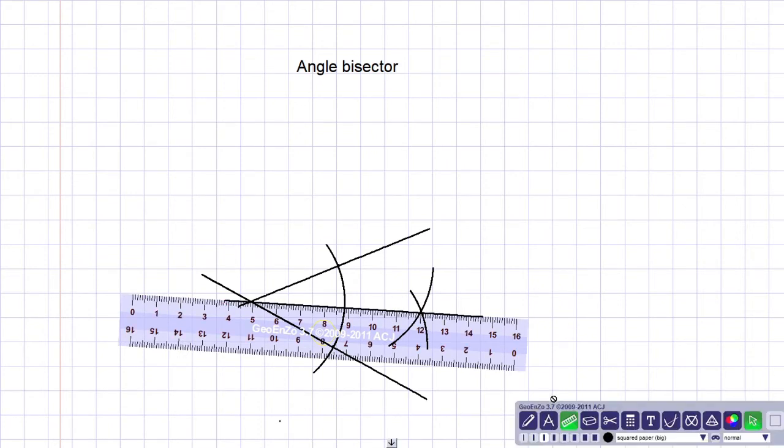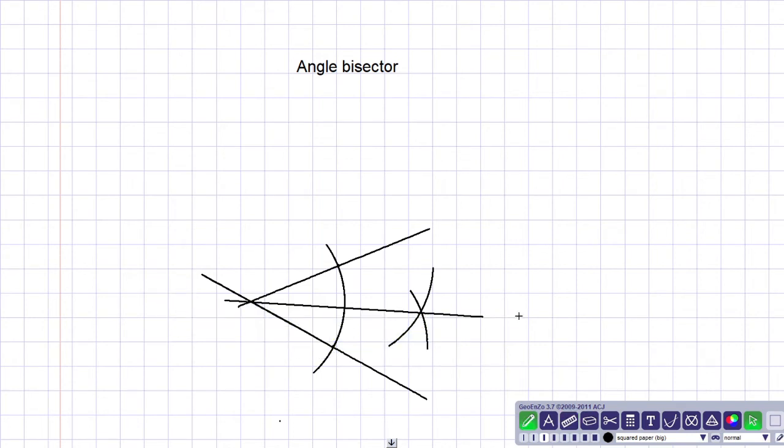So this line is called the angle bisector. If there are two fixed straight lines meeting at a certain point, then we form an angle. The locus of a point equidistant from these two fixed straight lines is the angle bisector. This is the angle bisector. Angle bisector means this line divides the angle into two equal parts.